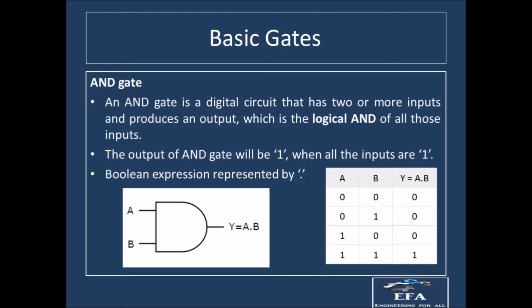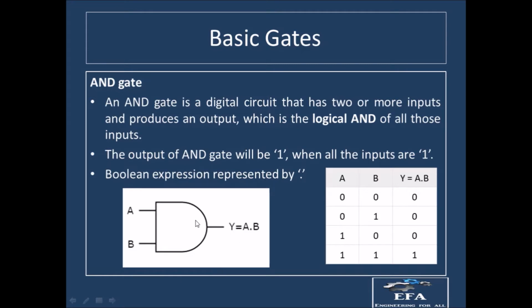First one is the AND gate. So what is an AND gate? You can see over here we have the symbol of the AND gate. We were talking about the basic logic gates. A basic AND gate should have at least two input lines. There can be more input lines also, but we are taking the basic one so as to understand it well. So suppose we have two input lines over here, and there will be only one output line. This is the symbol of the AND gate.